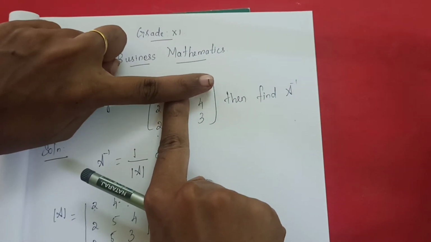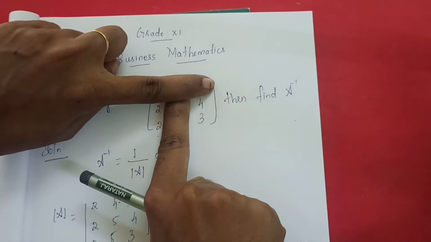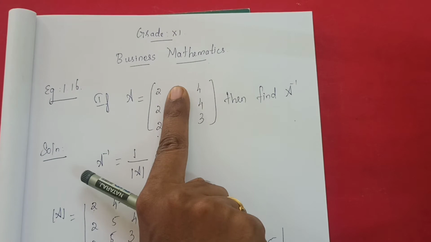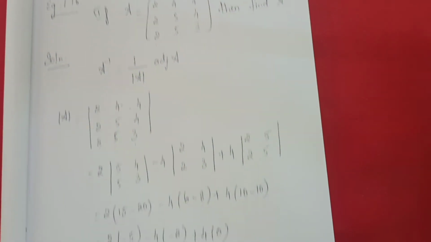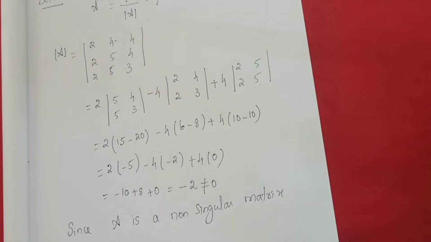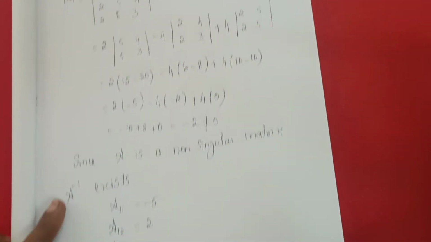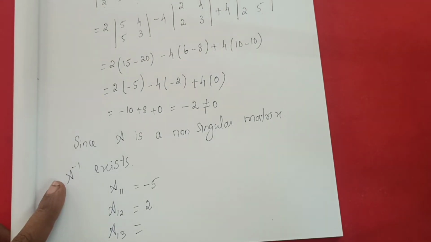Is it right? So what are the numbers? 2 3s are 6. 6 minus 4 into 2 is 8. So 6 minus 8 is minus 2, but for the second number the symbol will be minus. So minus into minus, how much will you get? Plus 2. Okay, so again I am repeating, if you are feeling it difficult to do like this, no problem. In the first exercise we simply found the cofactor and afterwards.